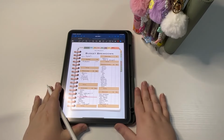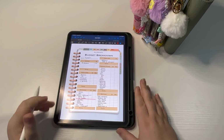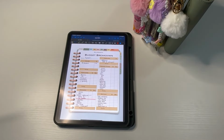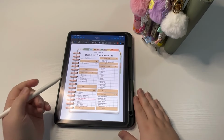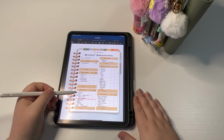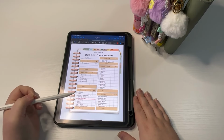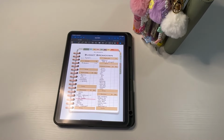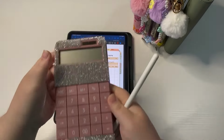All right, so in front of me here, I have my budget breakdown, and this is pretty much exactly the same way that we were doing it prior to my little break, except we are going to be doling out my expenses, so my bills and everything, instead of just making them cashless. One thing I did forget was my calculator, so I better grab that guy. Got him right here,